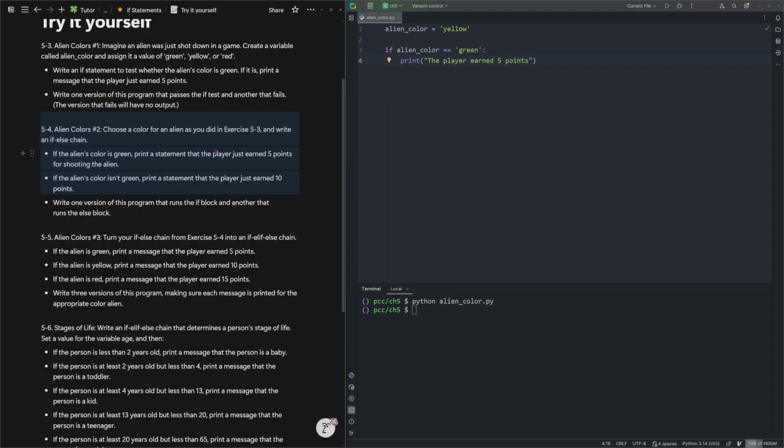Choose a color for an alien as you did in 5-3 and write an if-else chain. If the alien's color is green, print a statement that the player just earned 5 points for shooting the alien. So we have done that. If the alien's color isn't green, print a message that the player just earned 10 points. And then they are saying to write a version of this program that runs the if block, another that runs the else block. Well, okay. Now we just need an else,